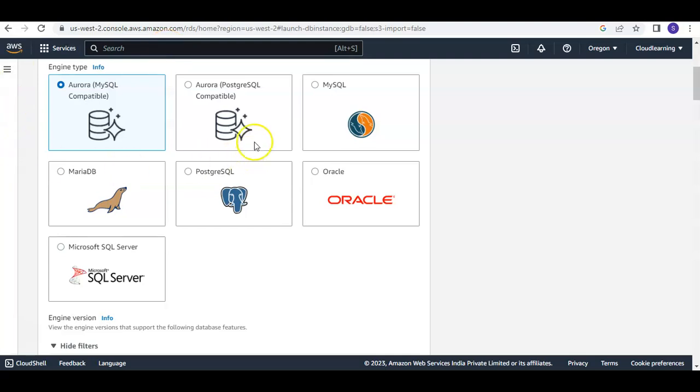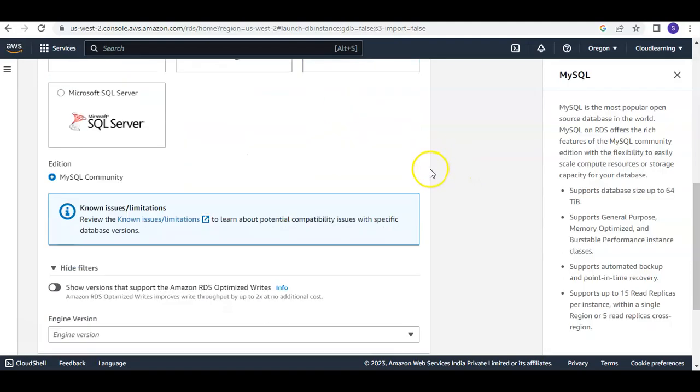Out of all these database engines, Aurora is Amazon's customized database engine. MySQL, Postgres, and MariaDB are the open source database engines. And Oracle and Microsoft SQL Server are the enterprise related database engines. So make sure that when you practice on database instances, you always select a free tier option, because RDS is a very expensive service. So I'll select MySQL as of now, the MySQL database engine,